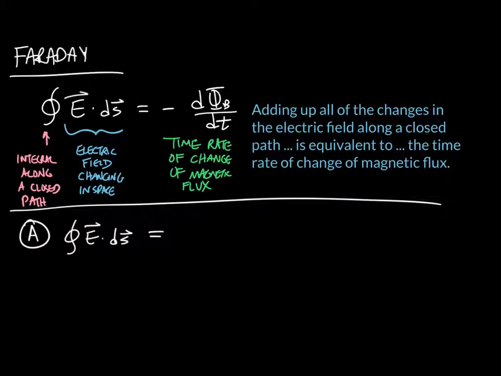Now, what I have to do is go back to the picture here before we have the advantage of having one piece of paper. I've got to switch screens. So this means that the electric field is going to be essentially constant along every little ds because these differentials are insanely small little chunks. So I can pull E out in front